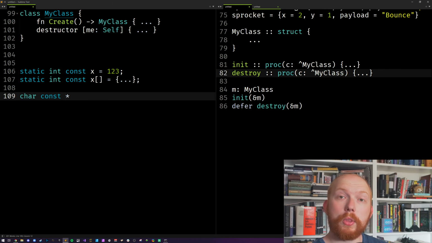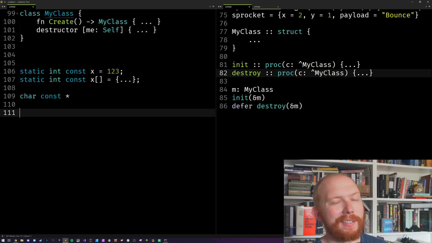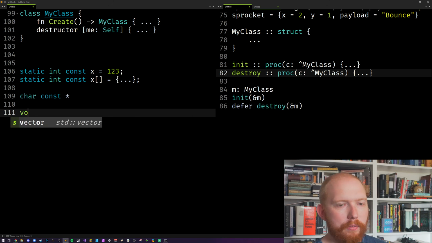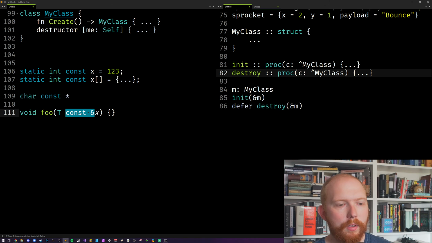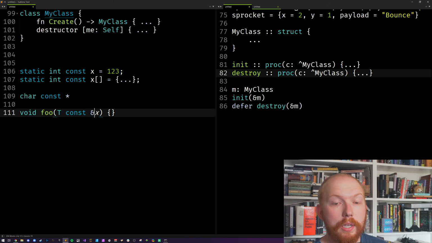When you're building up the string, this is my distinction anyway, building up the string, it's not really a string yet. And then when you've done it, you pass it as a constant. And then the last one is to indicate this is an input parameter into a function. So like, let's say we have void foo, and then what we're doing here is T const x. What we're saying to x is, if we got rid of this, we're saying that x is an input parameter. And we were doing that, we're also giving it an optimization with the const there, but we're saying it's an input parameter. We could even say this for a pointer.